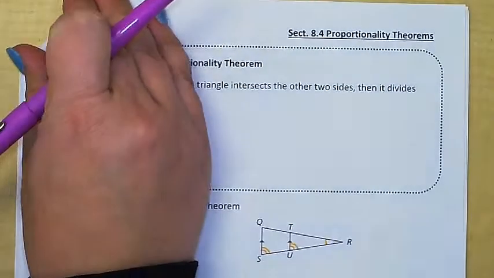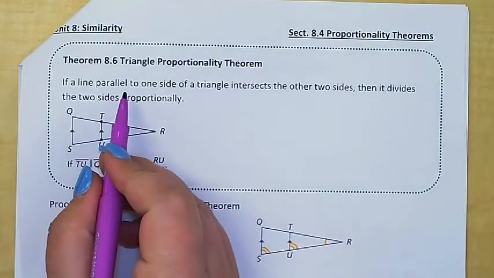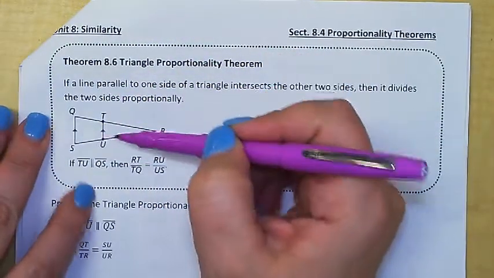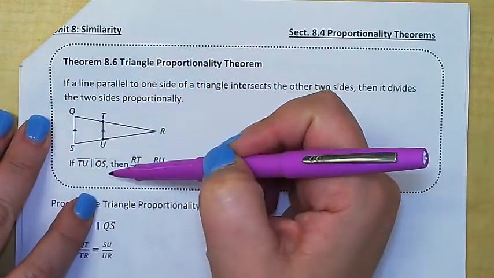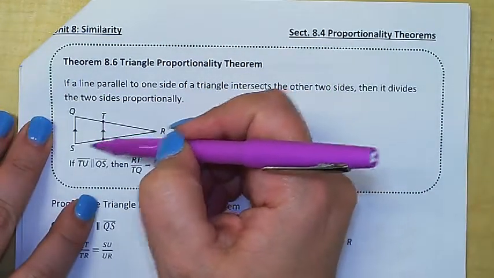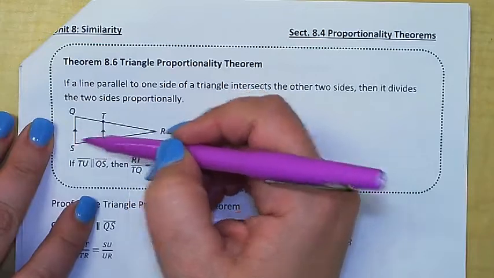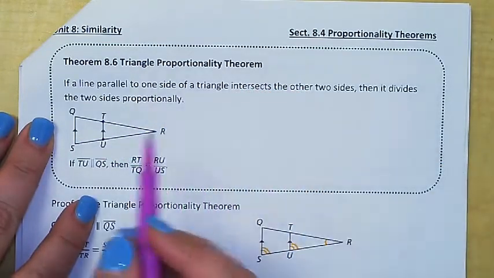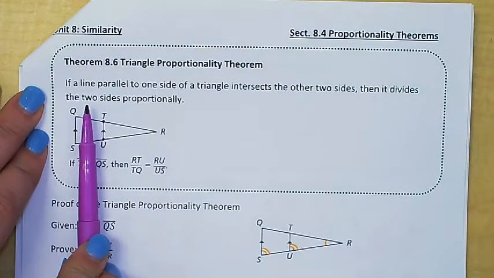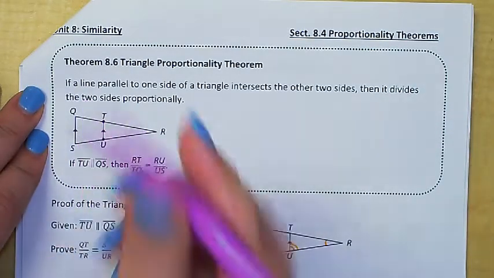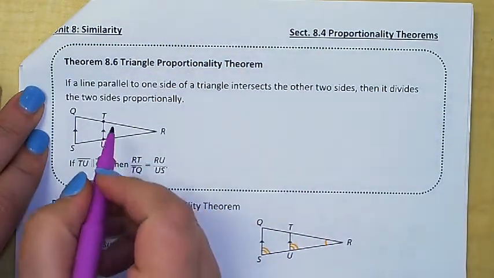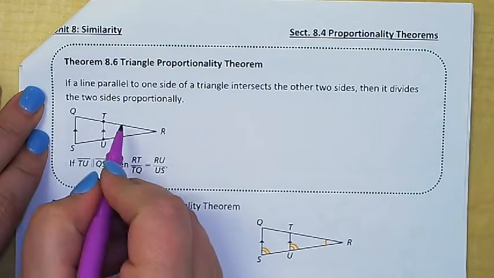And this basically states that if a line is parallel to one side, if you create a line, in this example here, it is segment TU, and you create it so that it is parallel to the third side, that it is not intersecting, then regardless of whether it's all the way out, very close to this side over here, it doesn't matter. As long as it intersects two sides and is parallel to the third side,